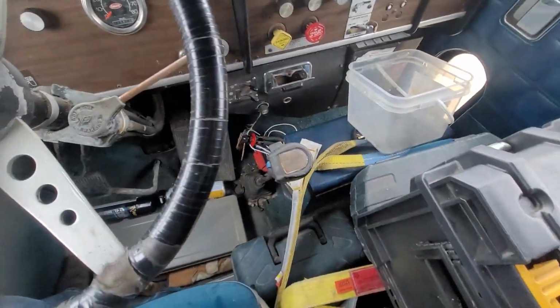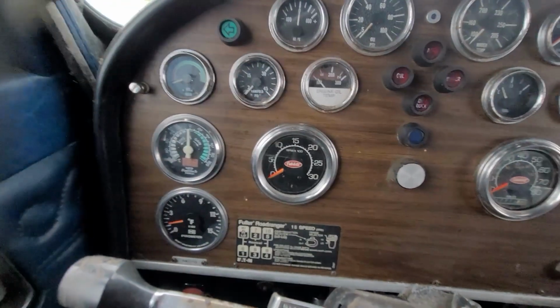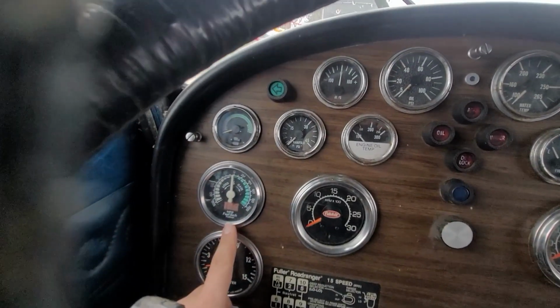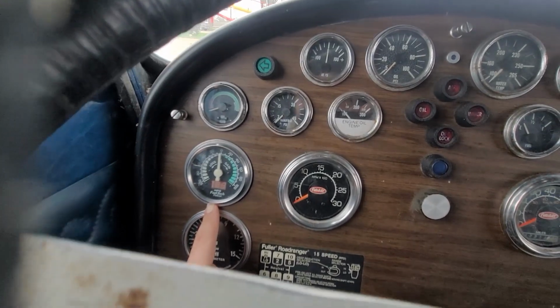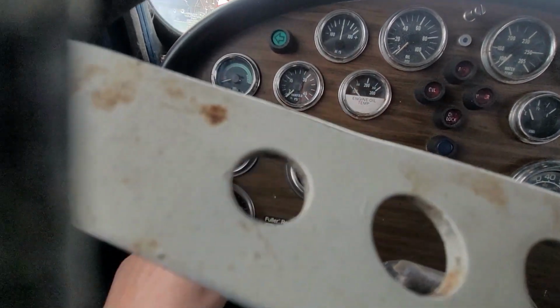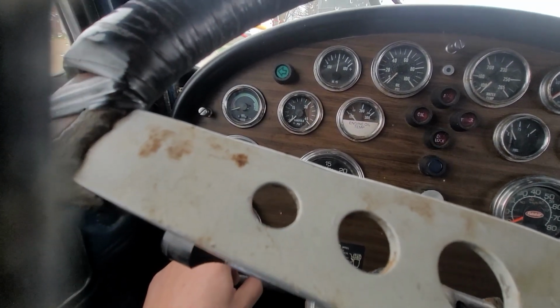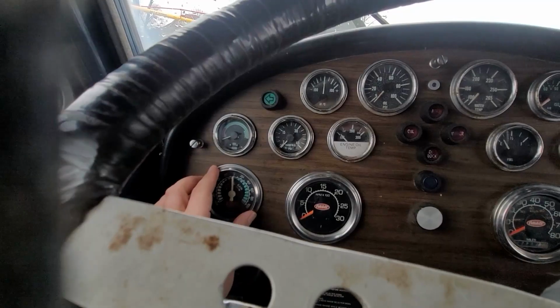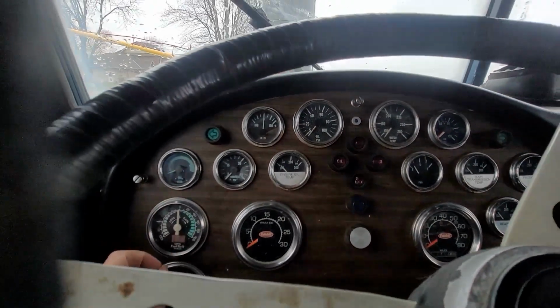Now, the reason this is so full of stuff right now is to keep it out of the rain. One thing that is interesting is this mile per gallon fuel tach. It says flow scan underneath there. I have never seen this before. And other than that, kind of your